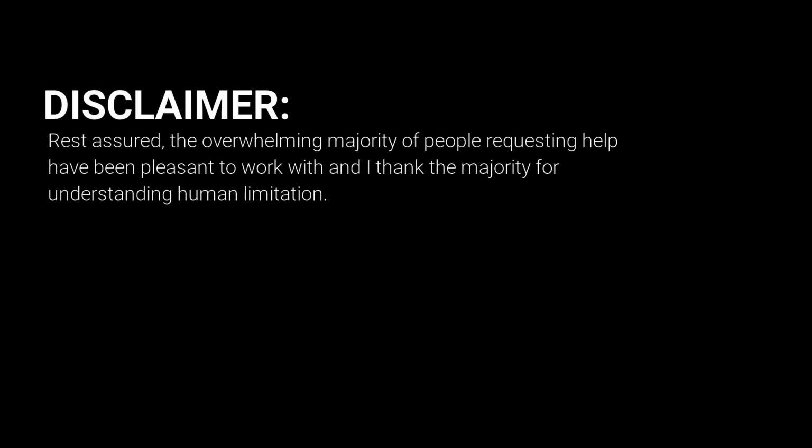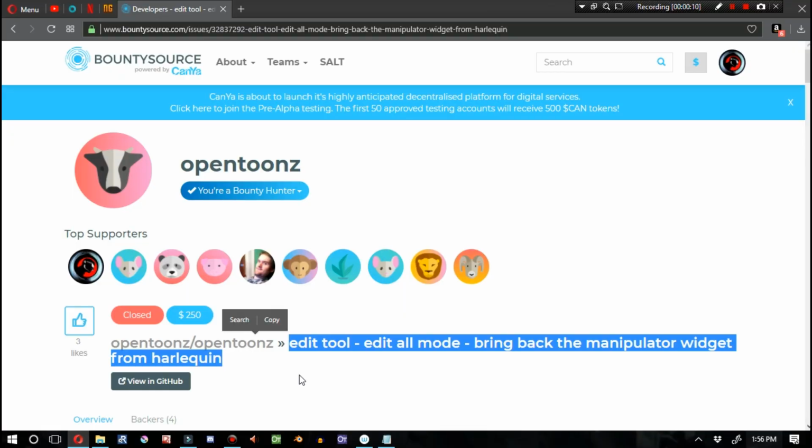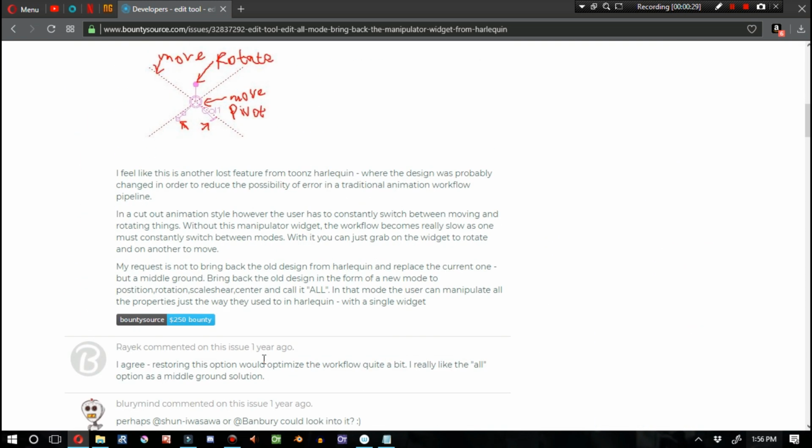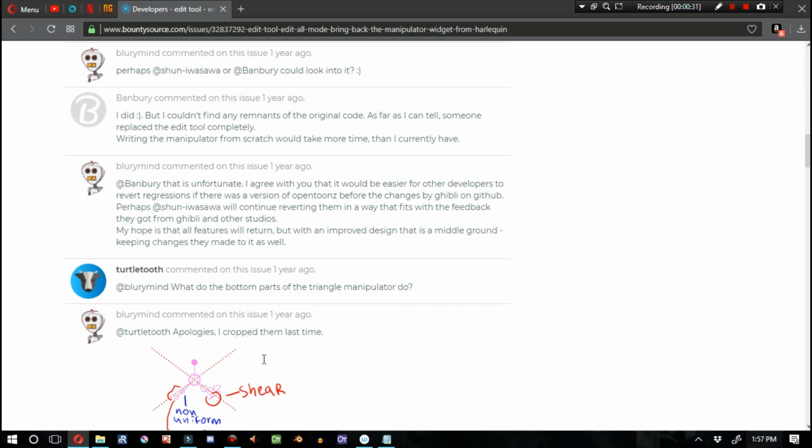I'm sorry. Okay, so for the first story of the day, we have the edit tool. Edit mode, bring back the manipulator widget from TOONZ Harley Quinn, basically. And I've actually mentioned this bounty before in one of my previous OpenToonz news videos, and this is going to make the animate tool far more useful. It'll make the workflow a lot faster as well, because you won't have to constantly be using this little drop-down